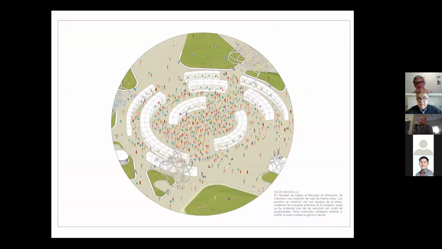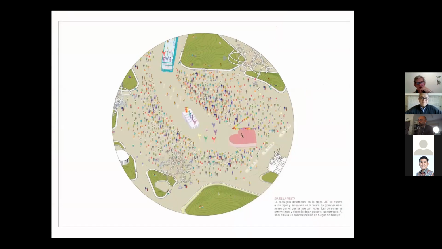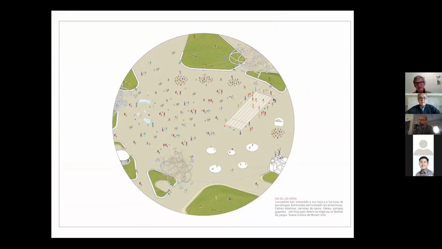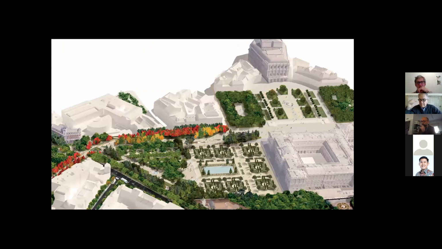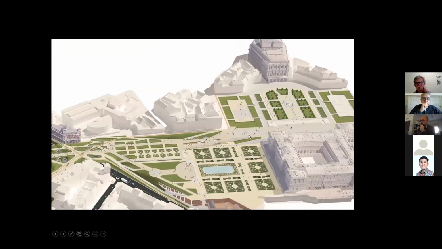In this circle, everything is possible. Everything is possible in this space because the floor is equipped with every installation. This is the connection with the Royal Palace. The cars disappear, and the different levels now are dealing with the big gardens. So we have different levels. One is the street nearby the houses, and the other level with a new structure is on the level of the gardens.